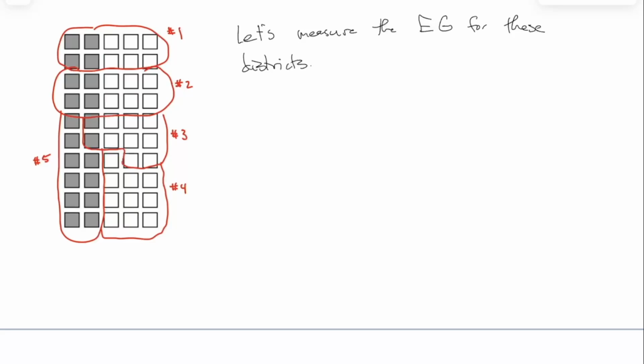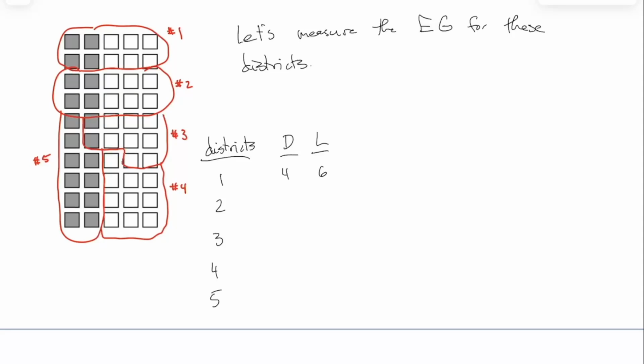All right, so what we have here is there are 5 districts, of course, and I'm going to make sort of a big chart here. It's not super big, I guess, but we have the districts, 1, 2, 3, 4, 5. I'm going to make a bunch of columns in this chart. First of all, I'm going to just count up how many voters from each party are in each district. So in District 1, you have to look at the dots here. I see 4 dark ones and 6 light ones. So I'm going to say we got 4 dark and 6 light in the first district,